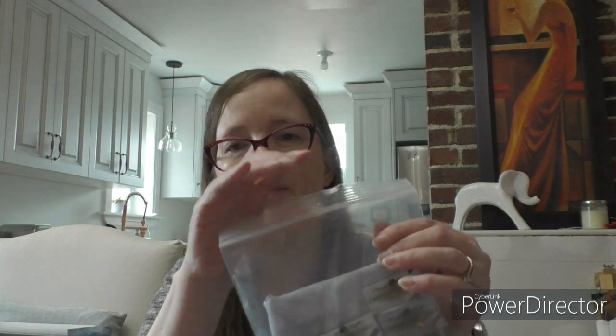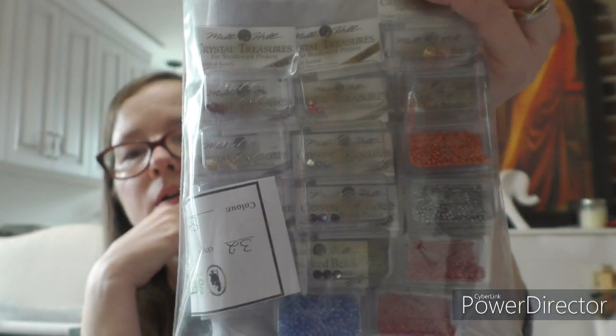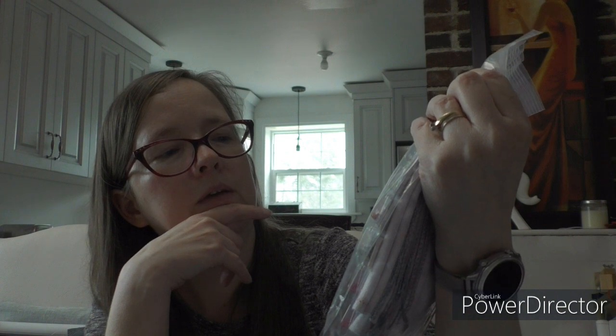But I have more beads and treasures for the Nora Corbett reindeer, and I believe the purple ones are for another Mirabilia. Might be Dressmaker's Daughter. Might not be. But I really don't think it's a reindeer. I also got